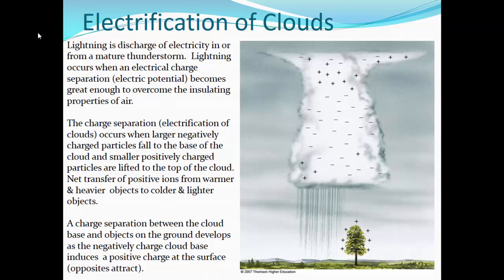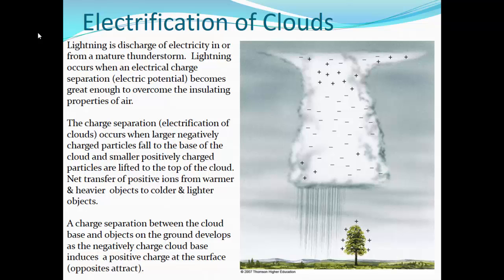There is a net transfer of positive ions from warmer, heavier objects to the colder and lighter objects. So positive ions, by colliding with one another in the up and the down drafts as these objects move by each other, move from the heavier, warmer objects to the colder, lighter objects,